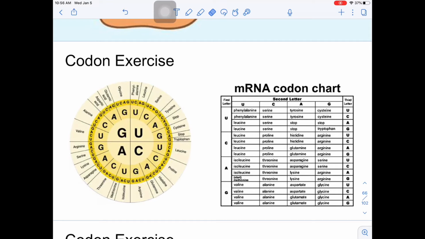However, you should be familiar with both types because we don't know which one is going to be given to you on the biology MCAS test in the spring. It could be either one. So you should be familiar with how to use both of the charts in case you end up with the one that you are less used to practicing. So let's look at both of them using the codon